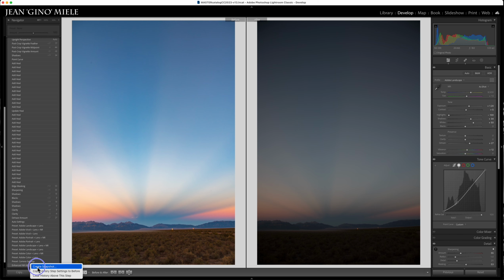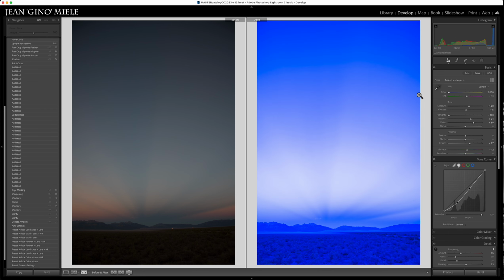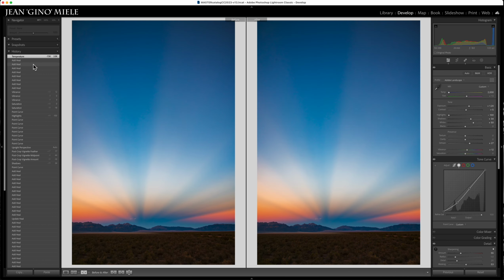Let's return this before all the way to the beginning, and let's do something else to the picture. Let's say, just for the sake of argument, that I make the picture really blue, and I want to check whether that's better or worse than where I just was. I simply go back one step before the action I took, make that step one step ago the before by right-clicking, not clicking,